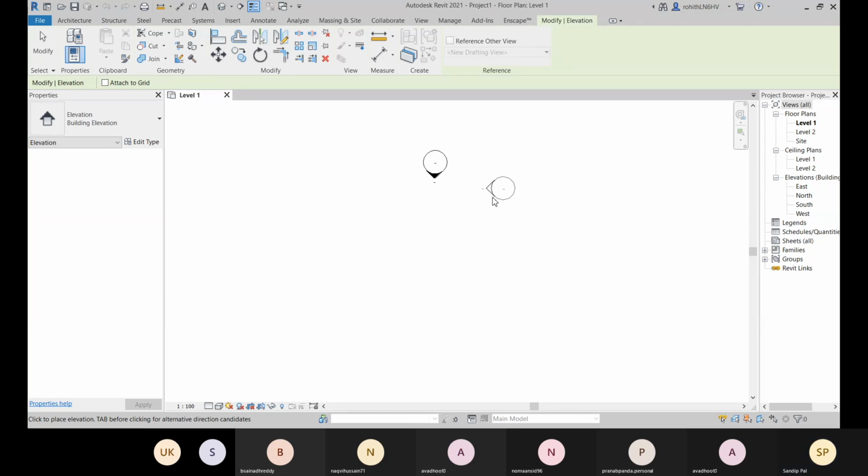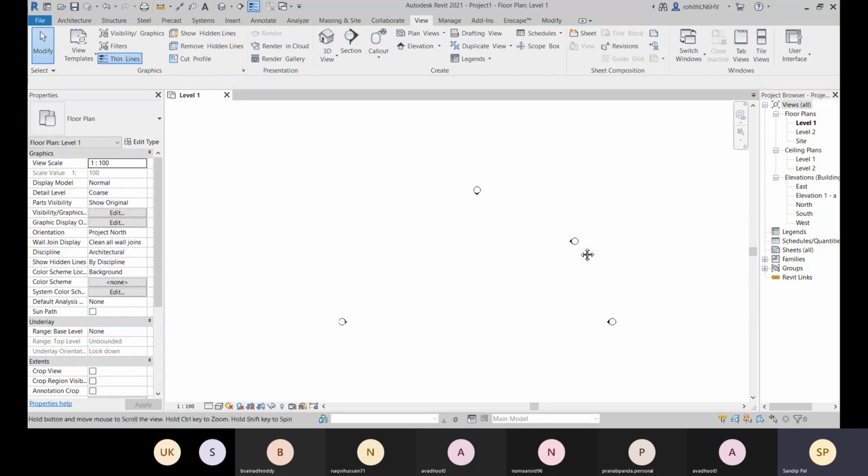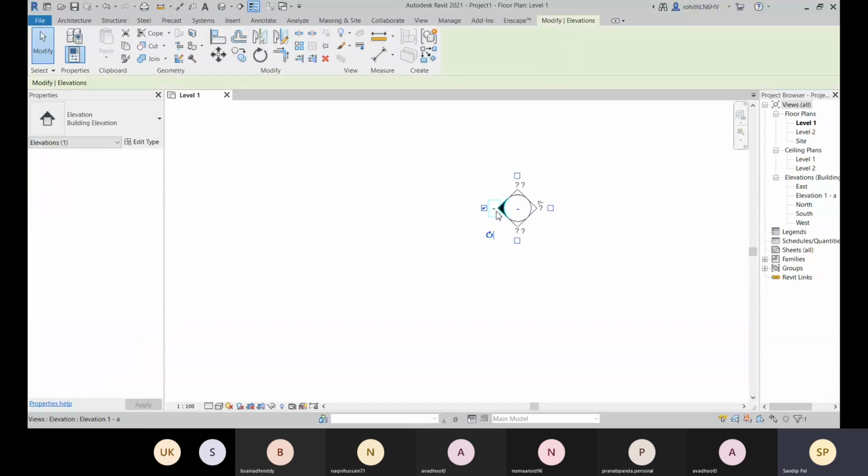See, you can place it here. After placing it, if you want to escape from any particular tool or command, you can right click and cancel, or press Escape twice. Let me select this, and there you see in this direction I have this view activated.